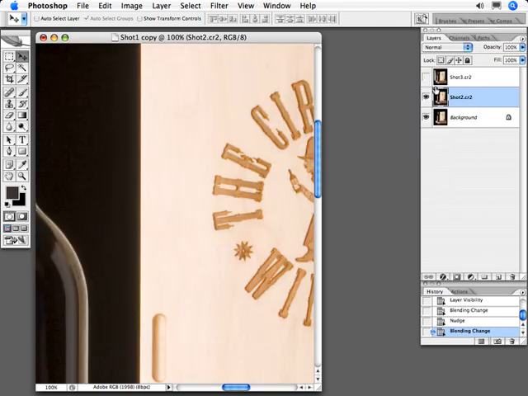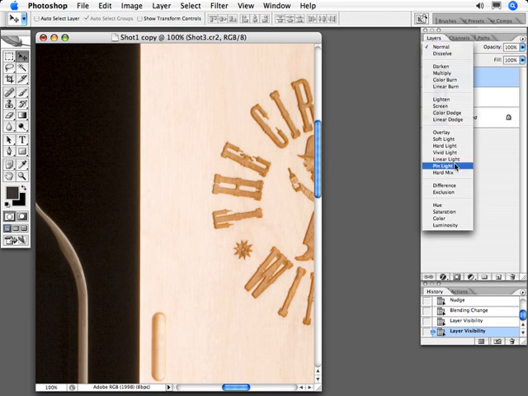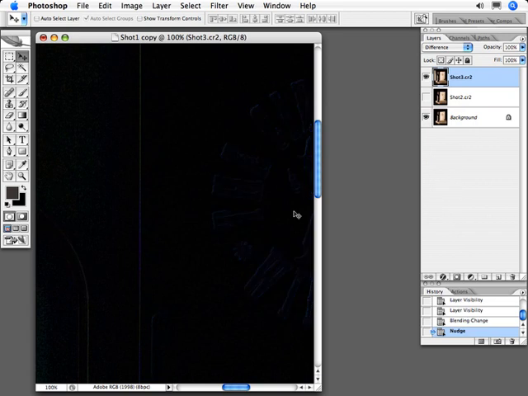Once again, I'm going to turn this layer off, then turn the top layer back on, and I'm going to do the same thing. Notice I have to target the top layer as well as turn on its visibility, then adjust it to Difference, and we can clearly see there's a problem here. Again, with the Move tool, I'm going to start to adjust this. In that case, I just hit the Move tool twice with the down arrow, and I'm going to try it